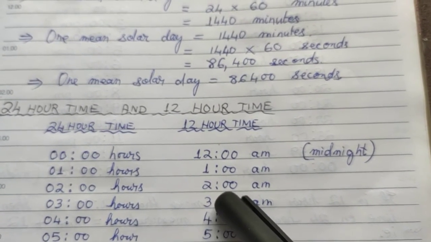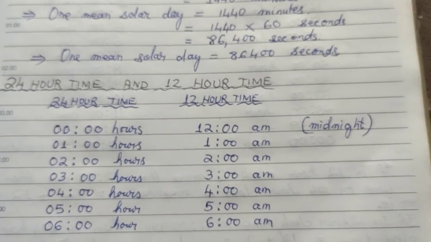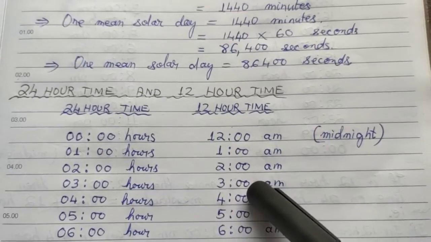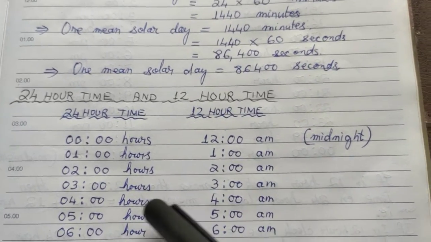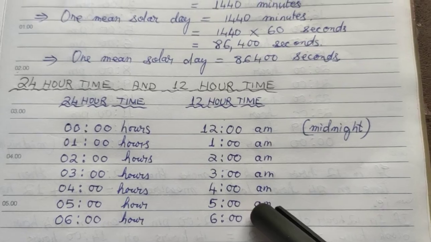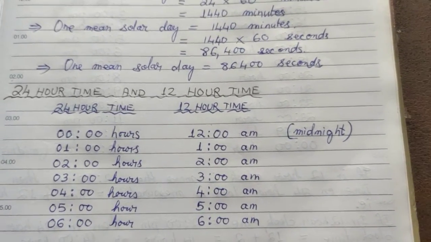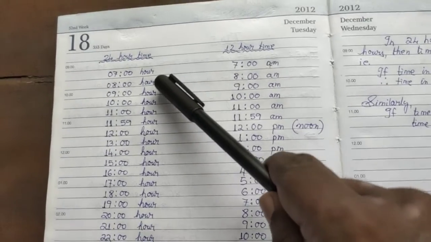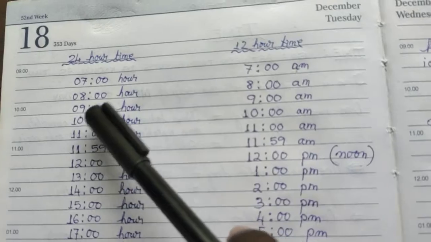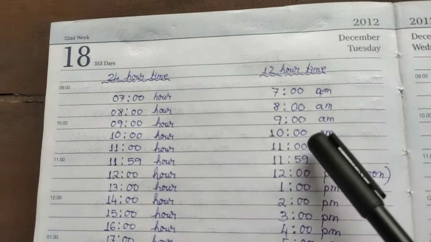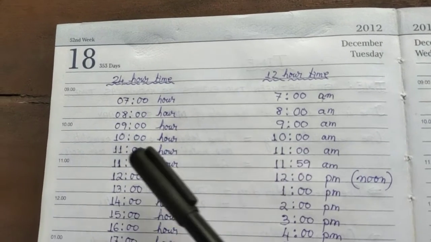If time is 2 a.m., the time in 24-hour clock is 2 hours. Then similarly, if it is 3 a.m., in 24-hour clock it is 3 hours. Then 4 a.m. is 4 hours, 5 a.m. is 5 hours, 6 a.m. is 6 hours. Then similarly you have 7 a.m. is 7 hours, 8 a.m. is 8 hours, 9 a.m. is 9 hours, 10 a.m. is 10 hours, 11 a.m. is 11 hours,